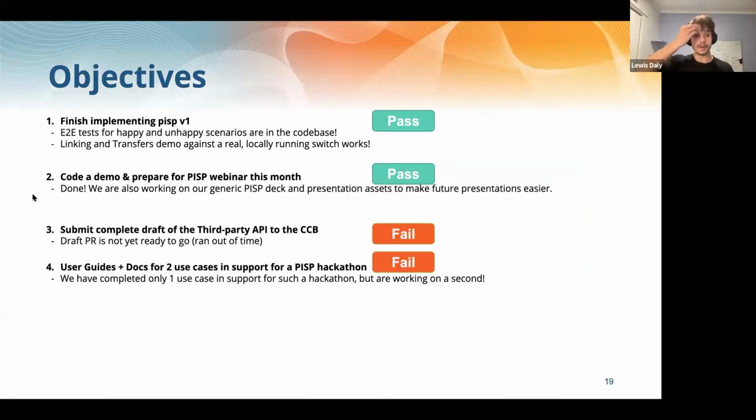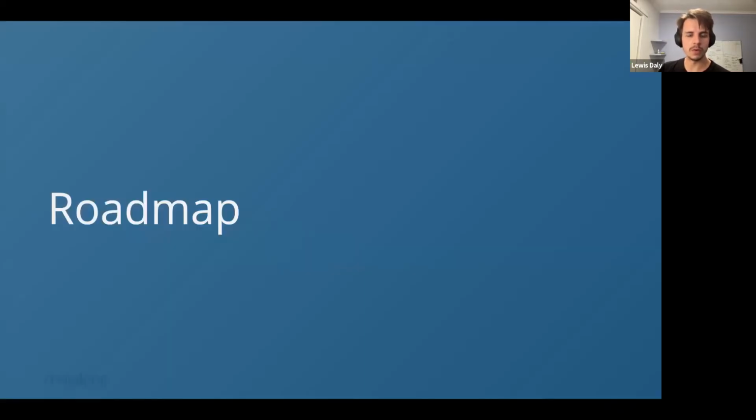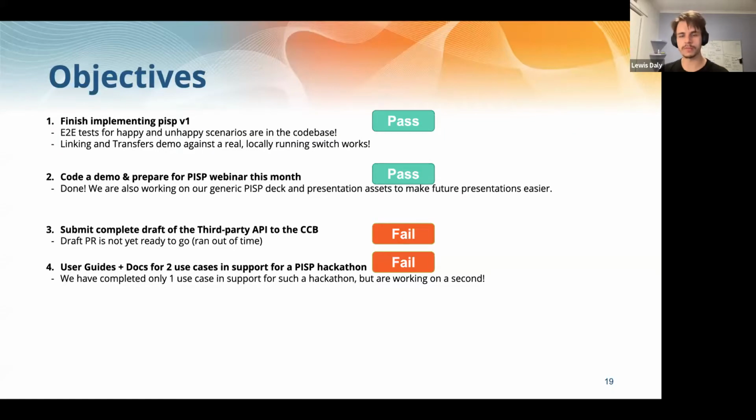So like I said, our objectives, I'd say we got a 2 out of 4 if it's just pass/fail. I've kind of already talked about this. We've completed one use case, jumping to the last point. I think I've talked through all these already, but we've completed one use case here in support of the hackathon. We're working on the second. We've had to reduce the scope based on the resources that we had available. So that's our report out for this PI.